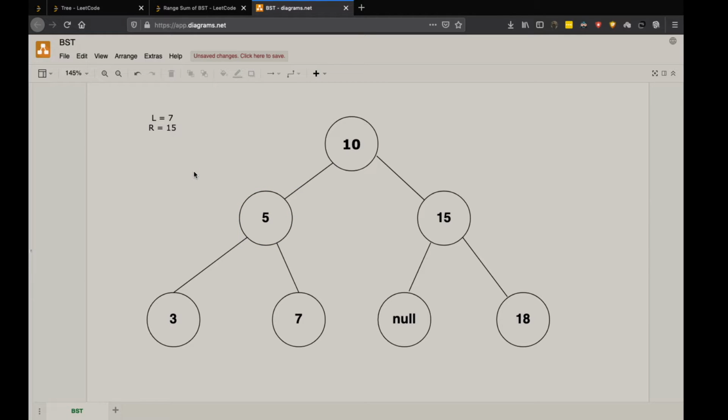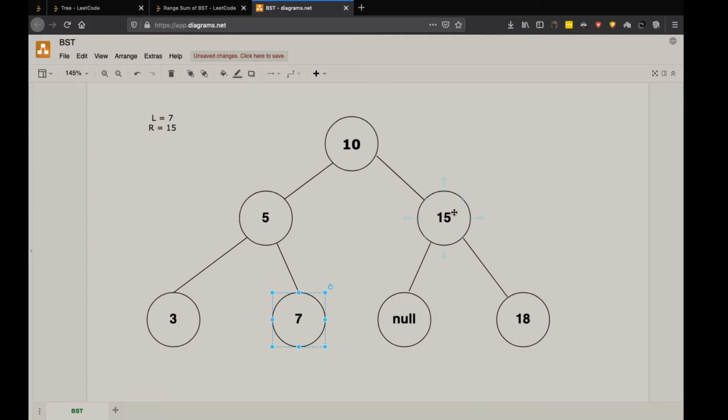So what should we do next? We now use the property of BST. Because we know that 5 does not lie in this particular range, we know that all the values in the left subtree of 5 will be less than 5. So we can omit this particular subtree and we traverse the right node. Then again we check the same condition, whether this value lies in the range greater than or equal to 7 and less than or equal to 15, and then we add that value. Then we traverse the left subtree, but here the root is null, so we return. We return to this particular node. There we haven't traversed because there was no need to. Then we go back to the main root node.